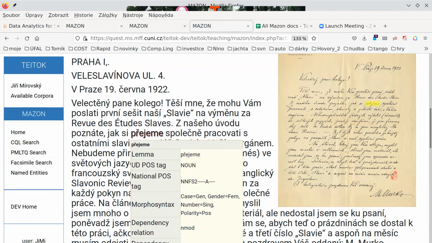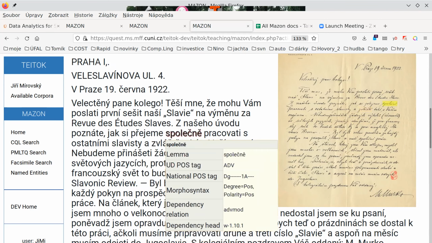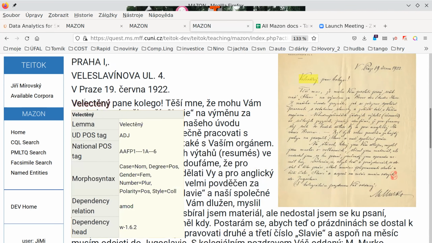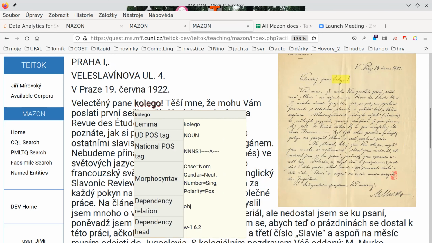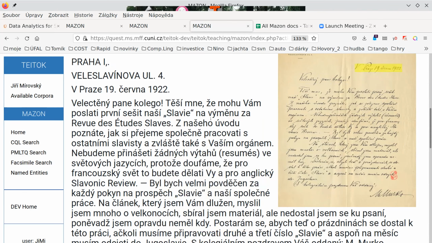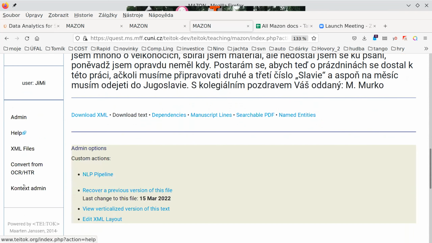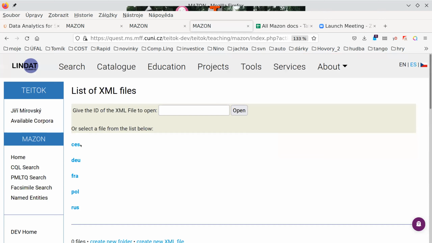However, in my experience from last few days, the second option, which was successful right now, has worse results. So, for example, this is in Czech, but this means greatly honored Mr. Colleague, which is in vocative, but the tool thinks it's nominative. Never mind. Let's ignore this single text we just imported, and let's try any of the others,